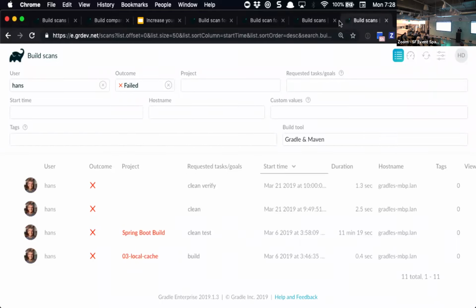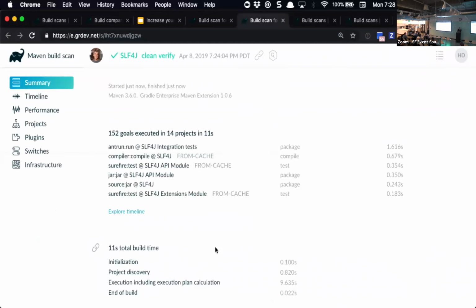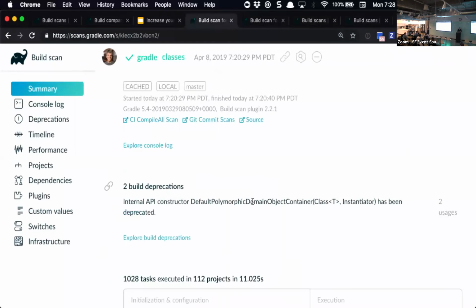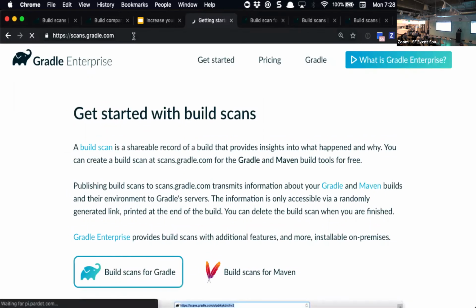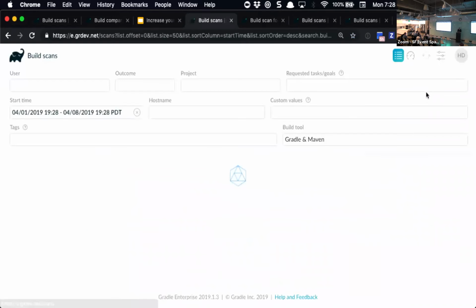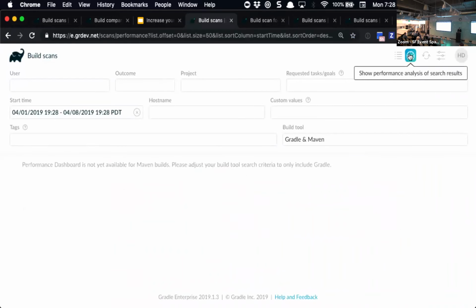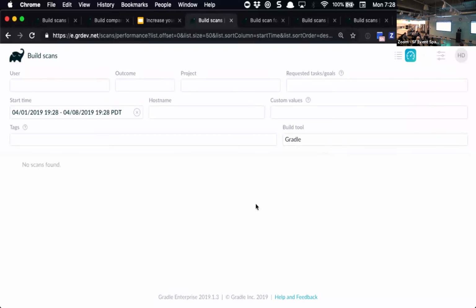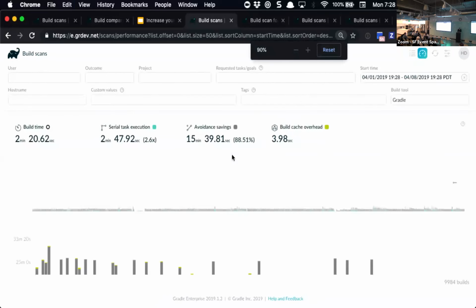So another very interesting thing is, we talked about, let's go back here. Let's look at the performance dashboard. At the moment that only works for Gradle, soon it will work for Maven. So what you can see here is